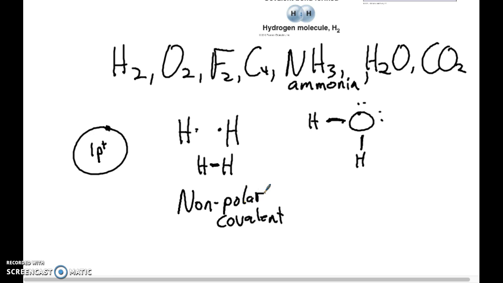Now, on the other hand, if we look at oxygen and hydrogens, oxygen is more electronegative, and it really wants to pull those electrons. It's kind of like if you have a bully, a big kid, and 2 little kids sharing toys in the playground. If the big one is stronger and it wants to share them, then that child is going to have the toys a lot more of the time than the little ones are. And the same thing happens here. Oxygen is your big bully, if you will. It has a stronger pull on the electrons. So most of the time, these electrons are over here by the